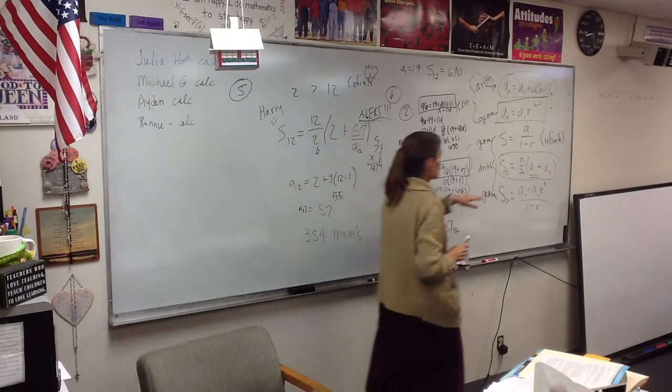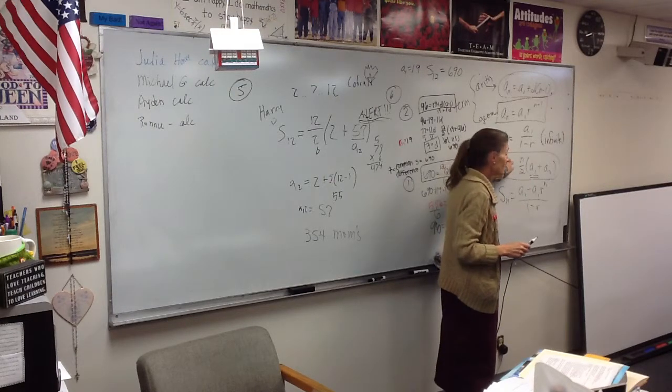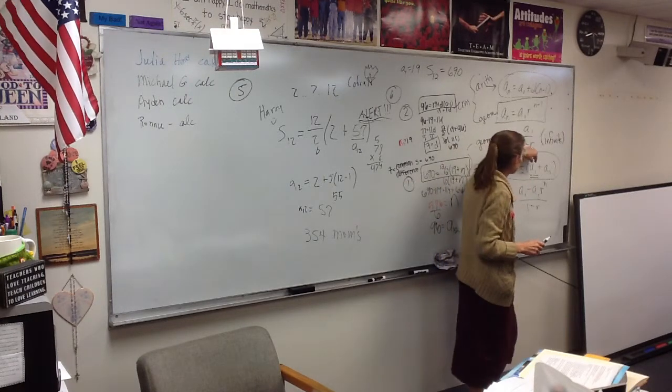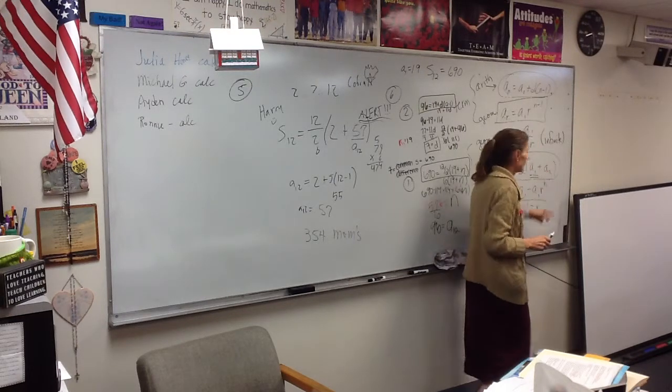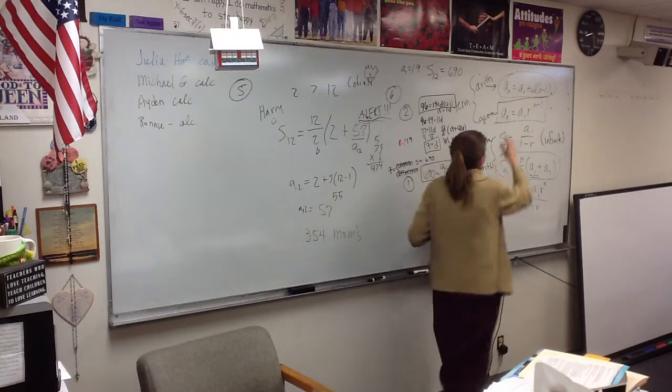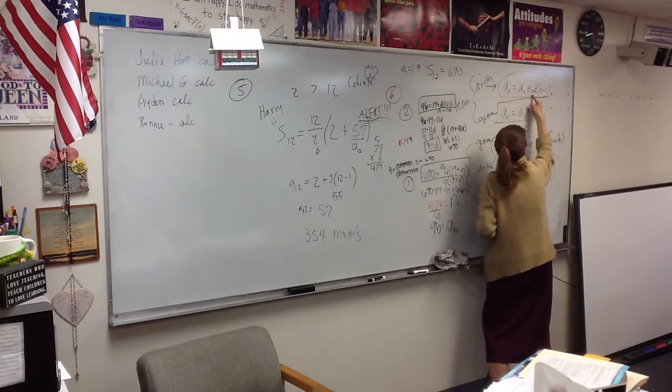Here's the deal, folks. In this equation, they knew the sum was 690, they knew n was 12, and they knew the first term was 19. So they just solved for that. Once they got that, then they knew this number and this number, so they solved for